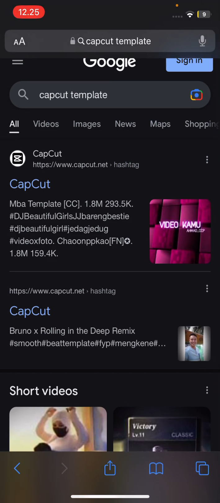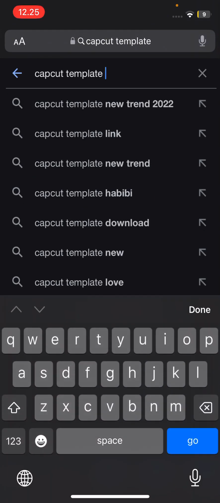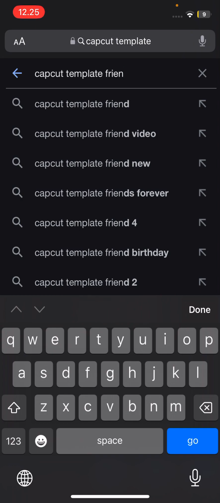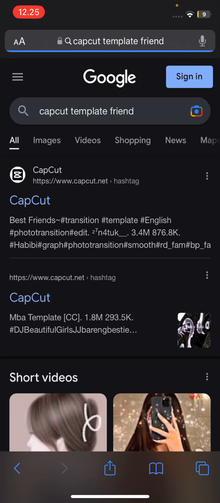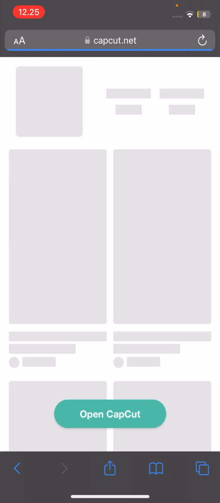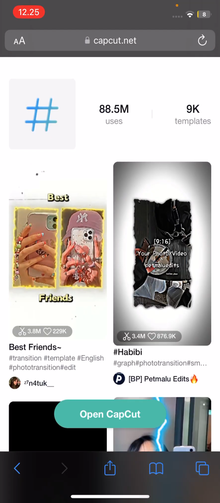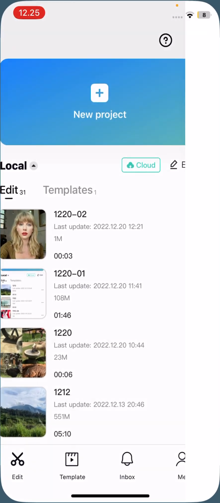select the first one. You can try searching up in Google, CapCut template, friendship maybe, and then it will show stuff like best friends. You're just going to select it, and you're just going to select open CapCut, open,